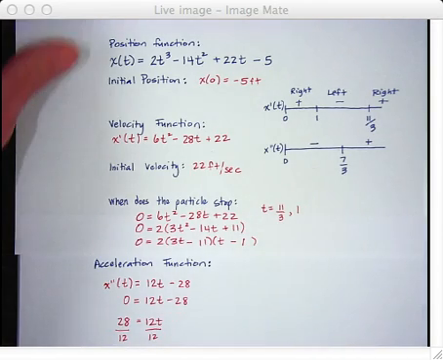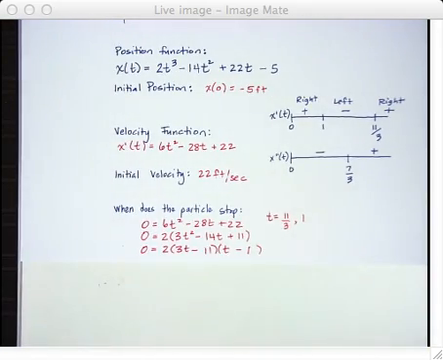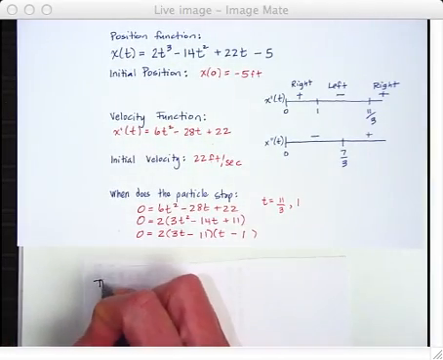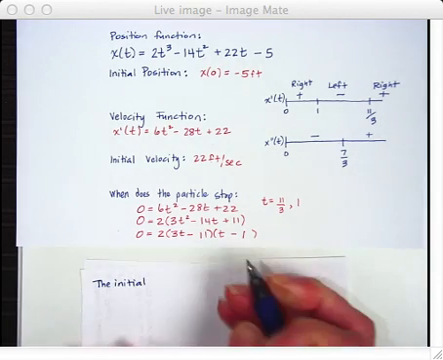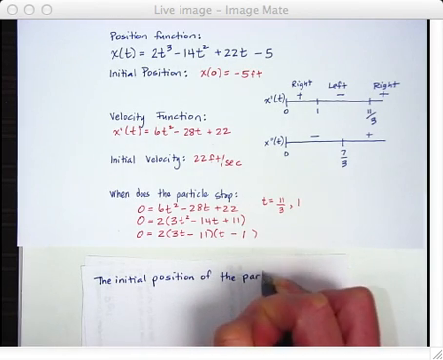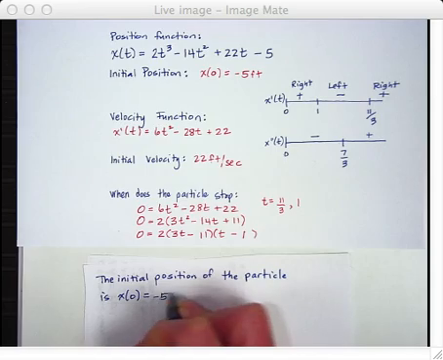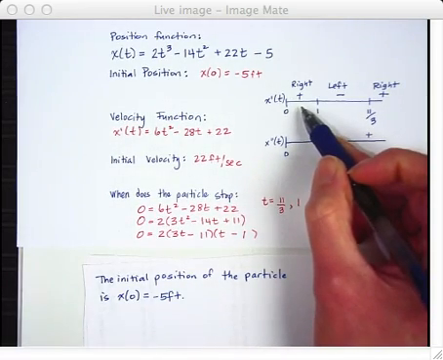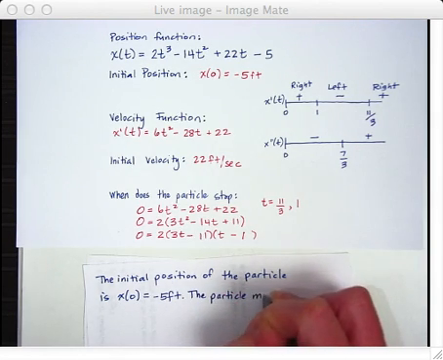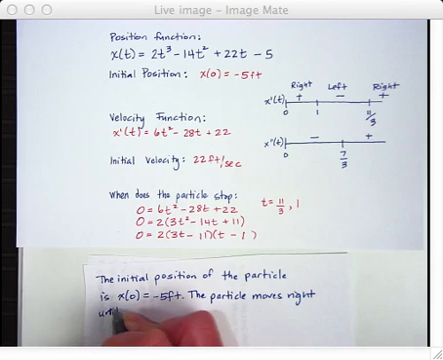So next I'm going to go ahead and write out the direction that it's moving. So I'm going to get rid of this really quick. All right, so here's how we write it out. The initial position of the particle is x of 0 equals -5 feet. And according to my sign chart for the first derivative here, the particle moves right until it stops